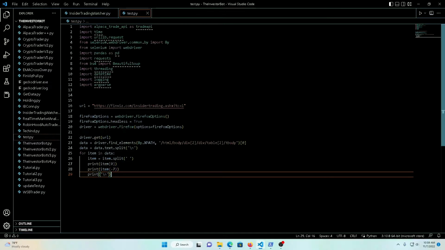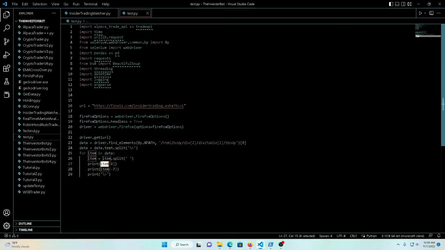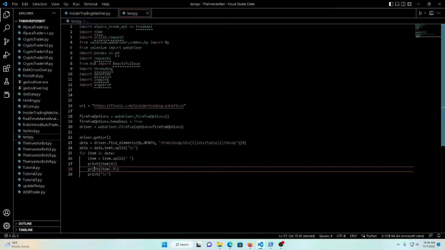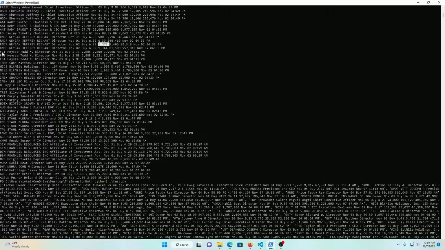Okay, so what we're looking to get out of this now is it's going to show us the ticker, because that's the first item in the list, and then it's going to show us the number of shares they bought, which is indexing from the back, the -7th there. And again, the reason why we're doing that indexing from the back end is because, as you can see, if I tried to index these from the front,